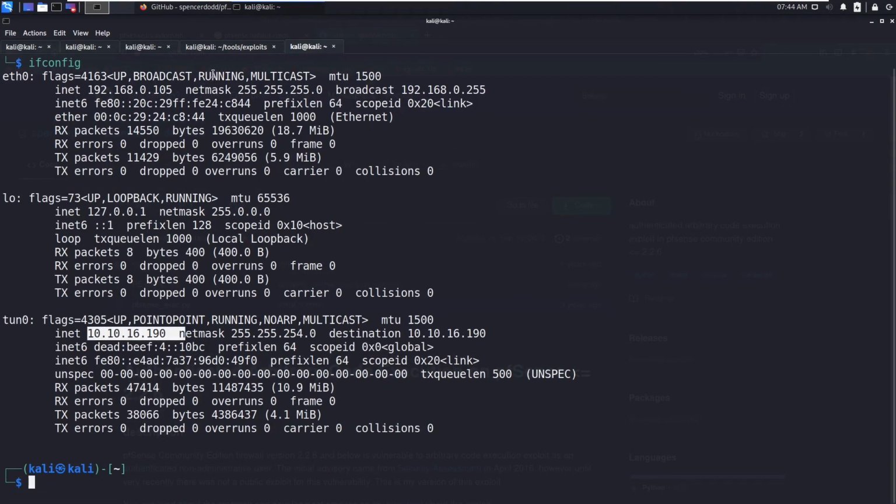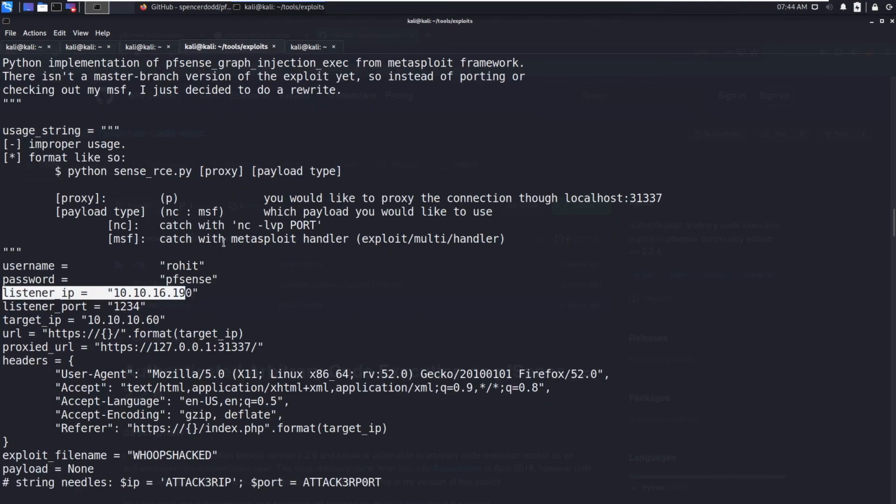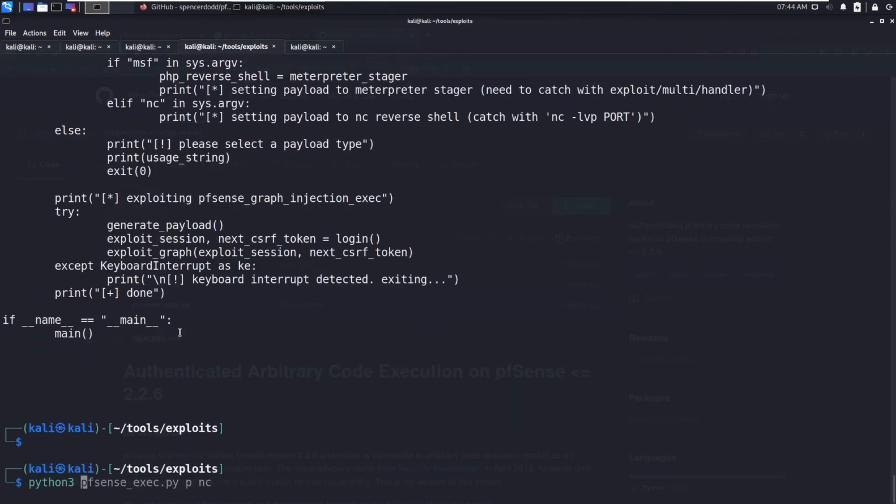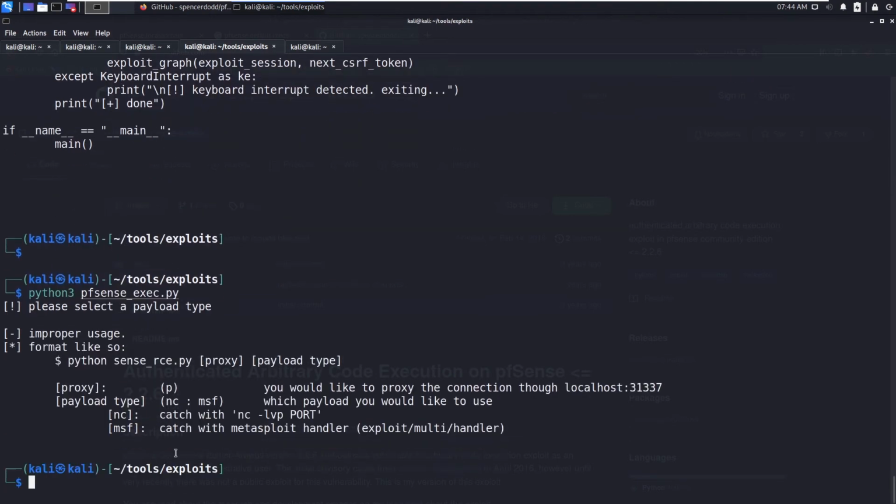I have already changed the script. You download the script from GitHub and you need to change the listener IP to your IP address, the listener port to 1234, and the target IP is 60, and then it will automatically exploit this. So let's go and run this. Just run without any arguments and it will show you the usage.